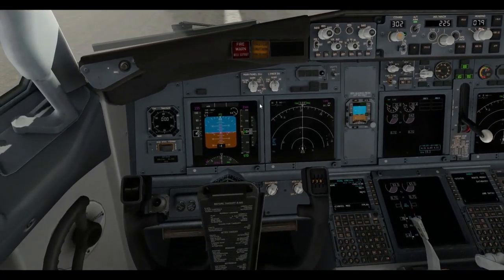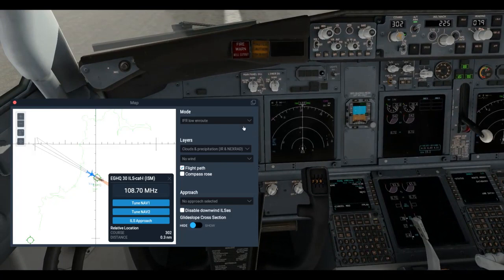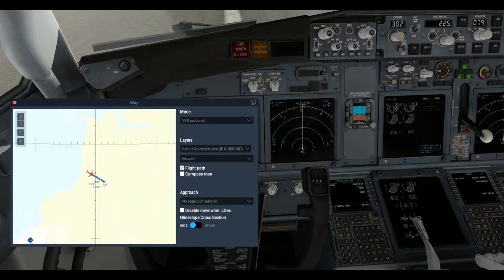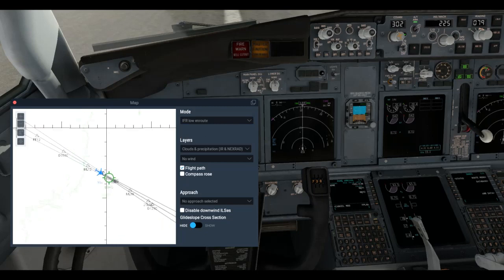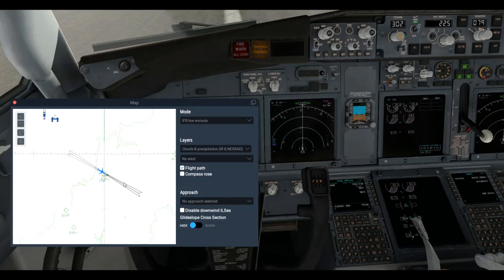To bring up the map, press M, unless you've changed it to your preferences. The map will default to VFR selection, and you'll notice there's no information about the airport at all. To get your frequency and course for the ILS, change it to IFR low en route, and you'll see this, which is because Nuki has two ILSs, one on each end. Some airports will just have one, some won't have any. You just want to click whichever way you want to come in,